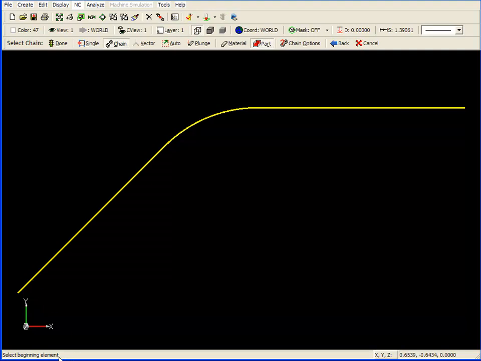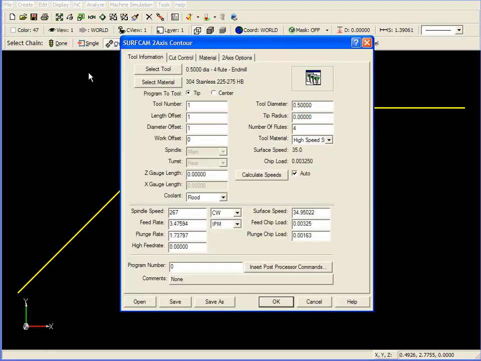Notice it's also asking us to select the beginning element again. We have no other contours to chain, so I'm going to move up to the top and click on Done. Now our tool information comes up. I've got a 1/2-inch 4-flute end mill. Tool numbers are correct. I'm satisfied with the speeds and feeds, so I'm going to move to the Cut Control